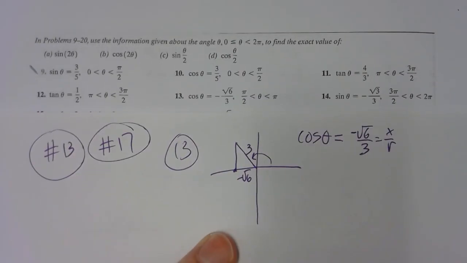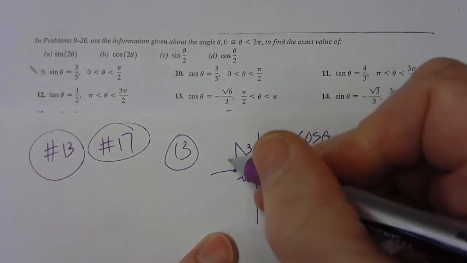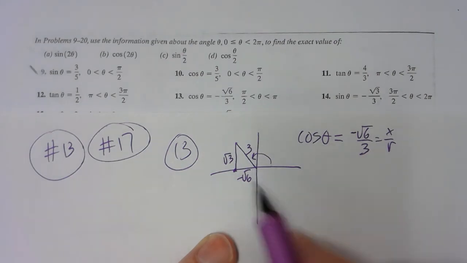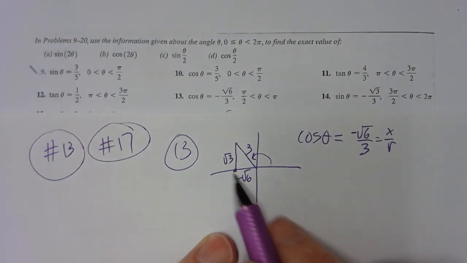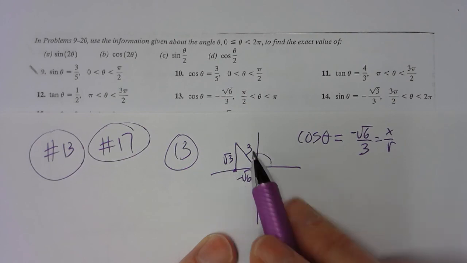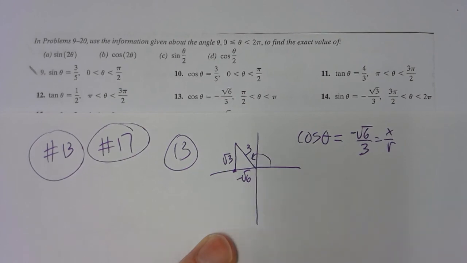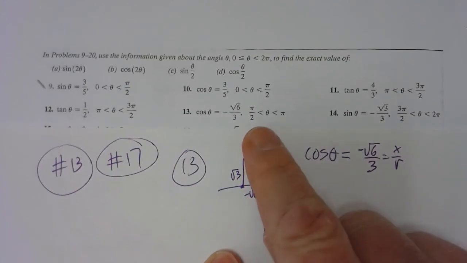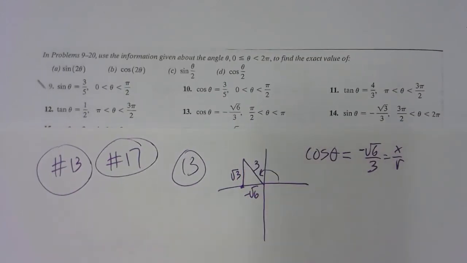And now we need to do the Pythagorean theorem. So wouldn't this be the square root of 3 as well, isn't it? Because that squared would be 3, that squared would be 6. 3 and 6 make 9, and then that squared would be 9. All right, so there's your angle, and it's in the second quadrant because it tells me it's in the second quadrant. Now number 17,